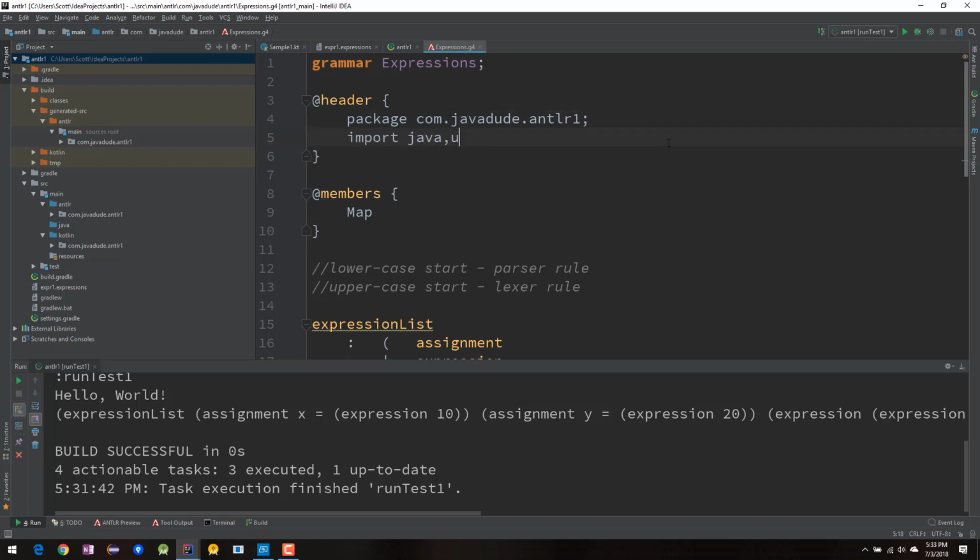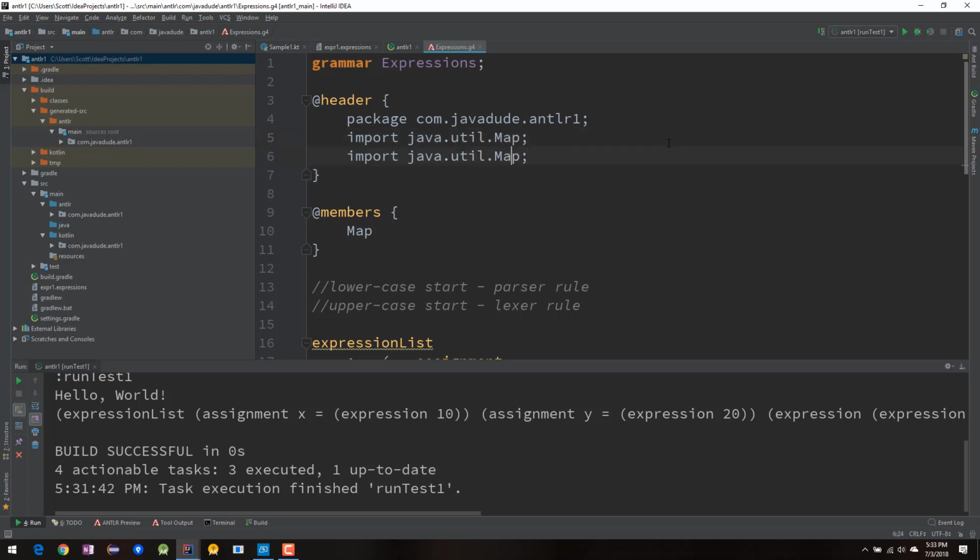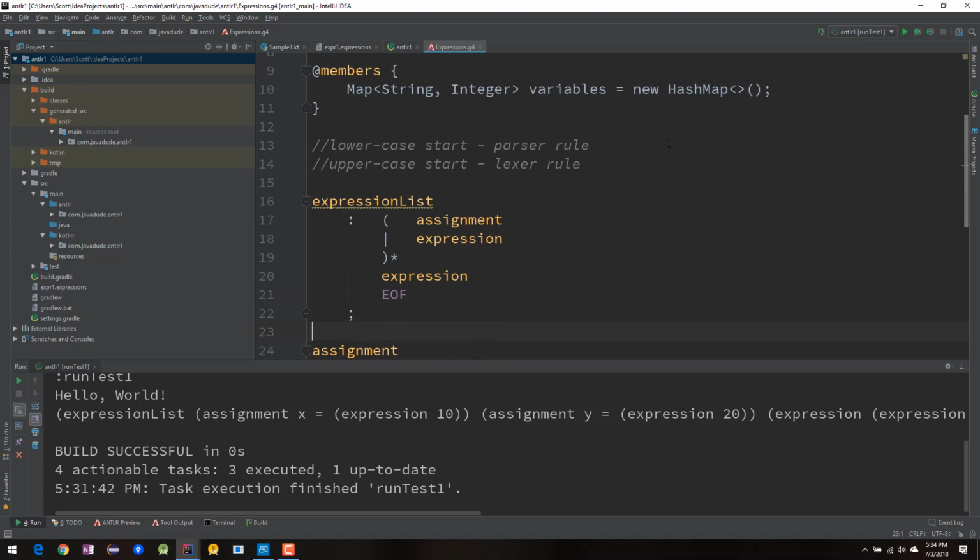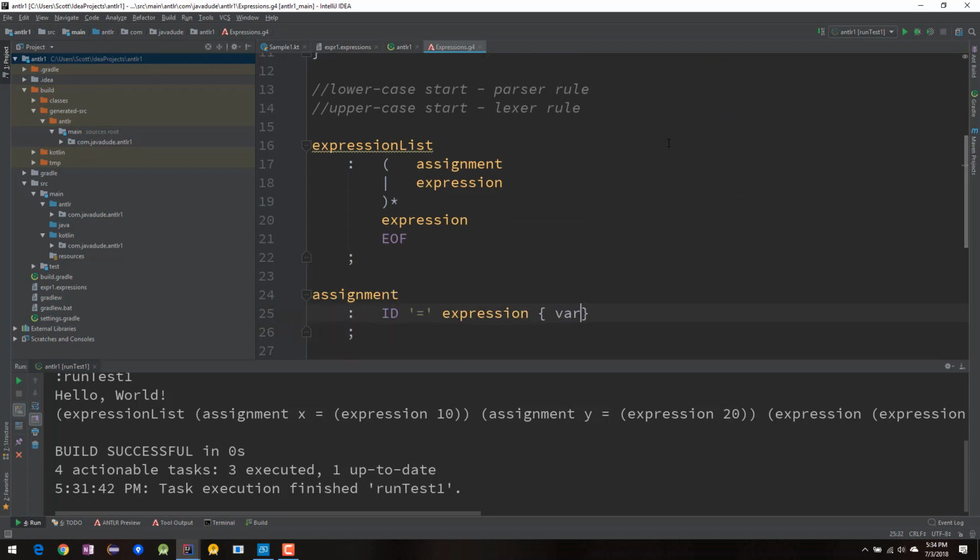This is the other thing: you have to type all these imports and everything by hand. Not my favorite thing in the world. String. Integer. That's right, I'm in Java. Variables. New hash map. Something like that. And then inside here, I can say variables, put